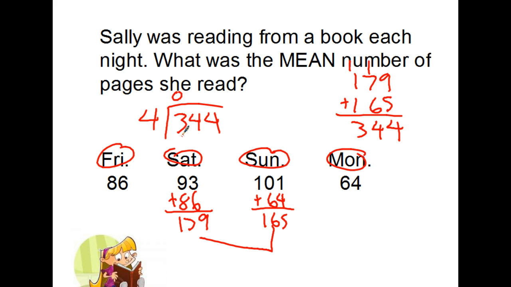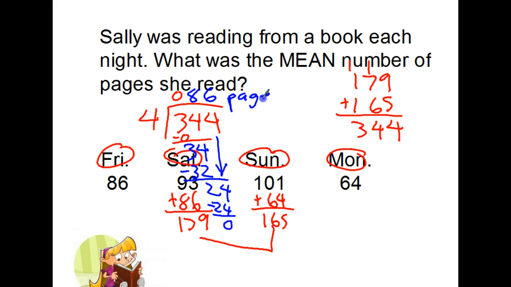There are no 4s in 3. Switch to blue so I can see my writing on top of this. How many 4s in 34? 8. 8 times 4 is 32 with the 2 left. Bring down my 4. 6. So she read 86 pages a night. That was her mean, her average. So sometimes she read more than 86, like on Saturday and Sunday. Sometimes she read less, like on Monday, a lot less. So that's how I would find the mean of a